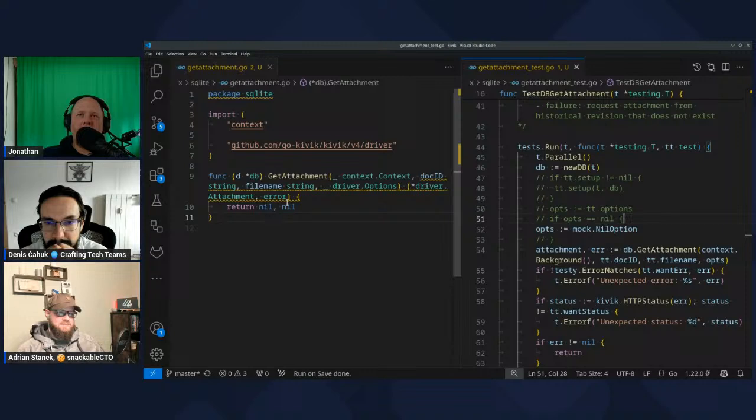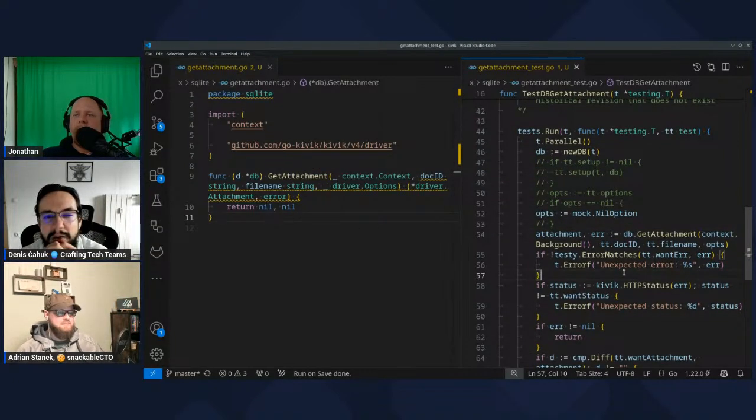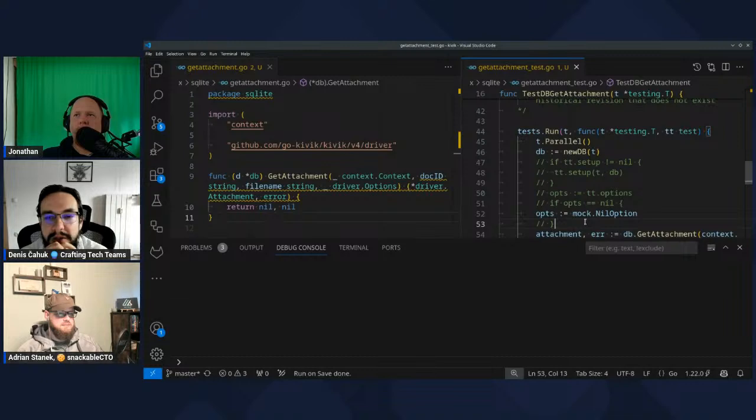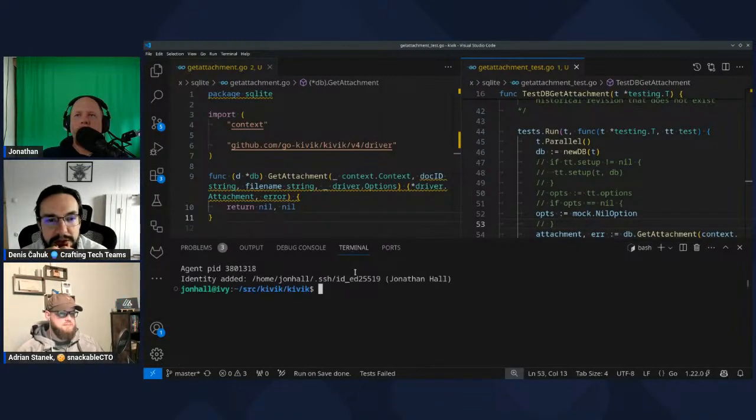So here's where it actually calls the function that we're trying to test, right? That's this function here that right now does nothing except return 2 nils. But that's the function we want to test. Does it compile? Yeah, it should compile. Can we run it? The tests are failing right now, but it does seem to be compiling. If we can isolate it to these 2 tests, I would like to see what it looks like.